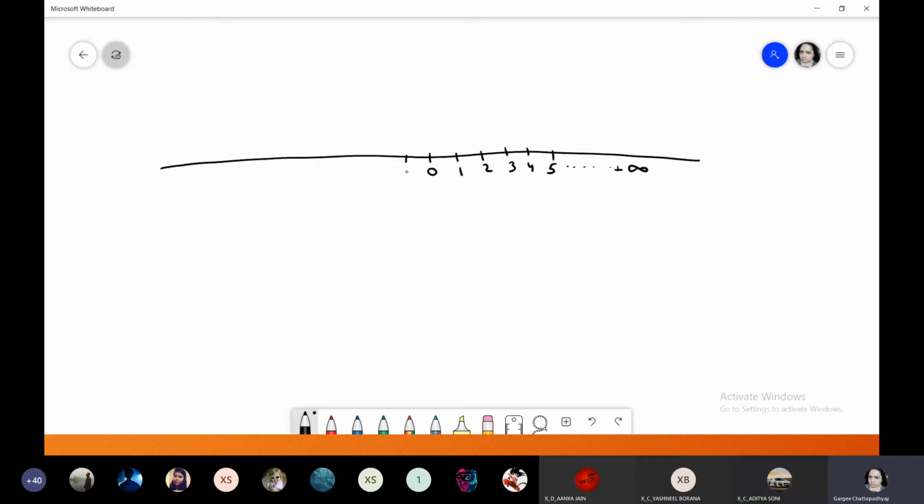And towards the left you have all the negative values, which continue up to negative infinity. You can see that all these values are whole numbers. They are not in fractions. So all whole numbers which are positive, negative, or 0, these are known as integers.